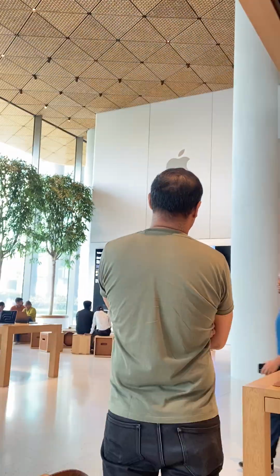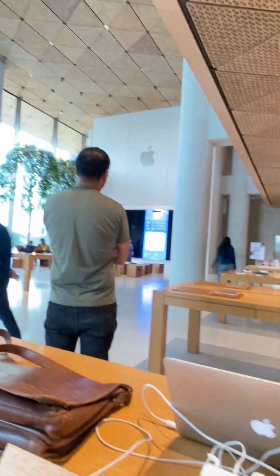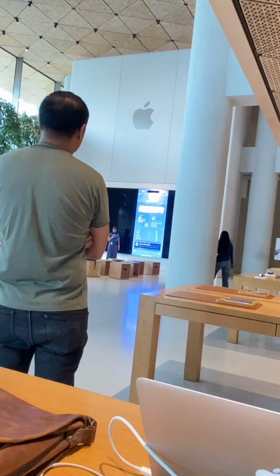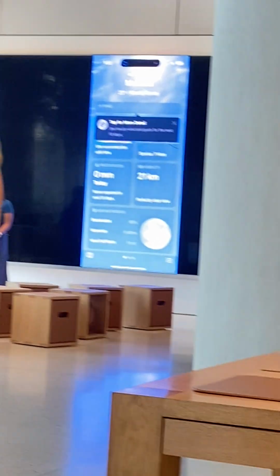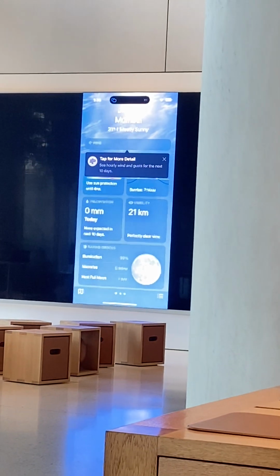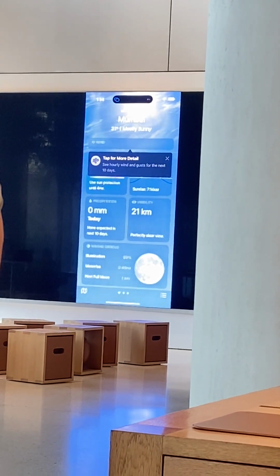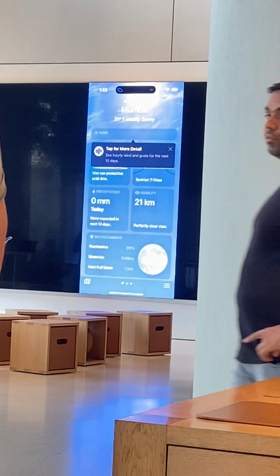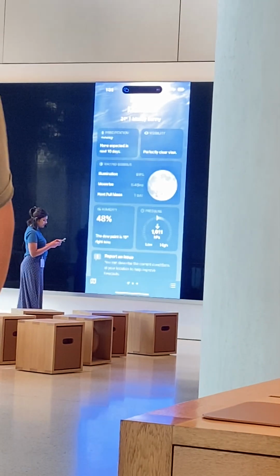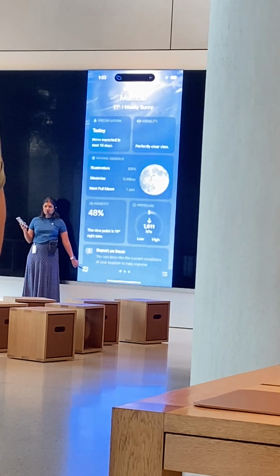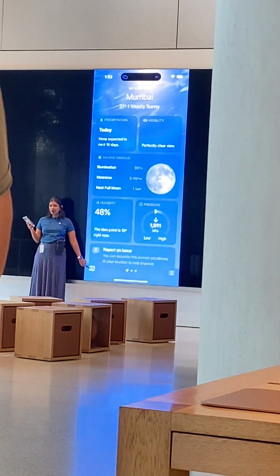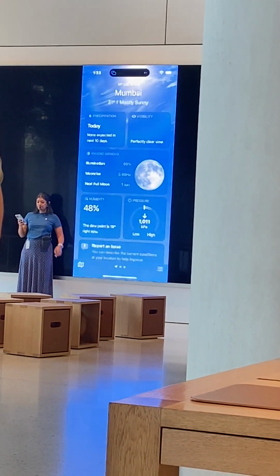But if you scroll down, you'll also find other things like classification or even what time the sunrise and sunset will be. So moments that you may want to explore on a beach somewhere for the sunrise and sunset. That's great information. You can also view weather maps over here by tapping on this map icon at the bottom.